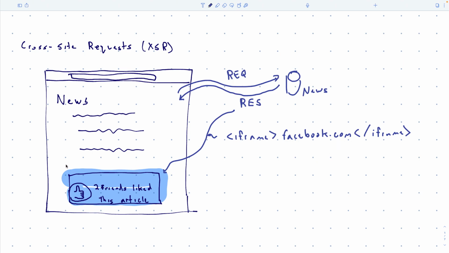So I'll download it. I'll have this blank space. This iframe is contained in the HTML of the actual response itself, okay? And in order to fill what's inside this frame, then I would open a connection to facebook.com. I would make a request for whatever URL is sitting here.